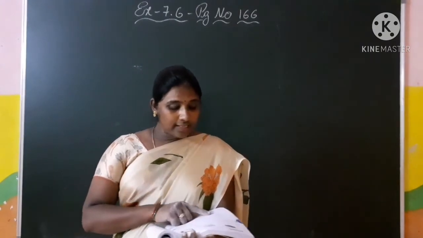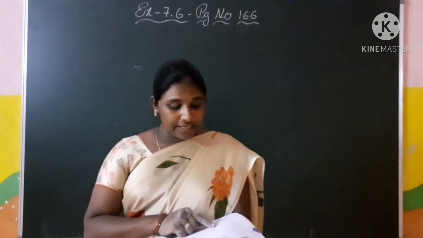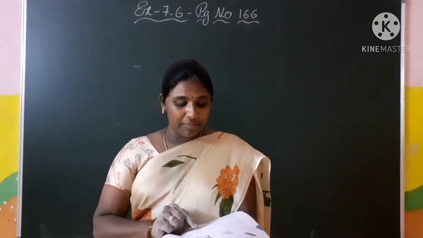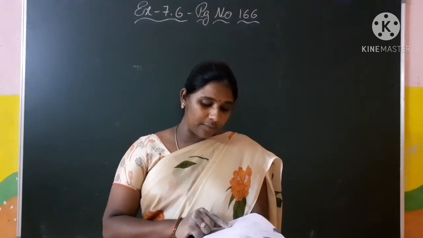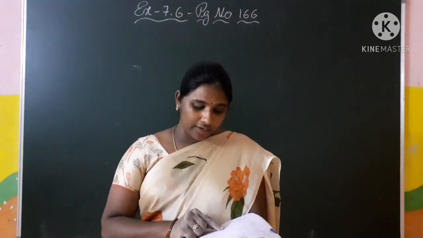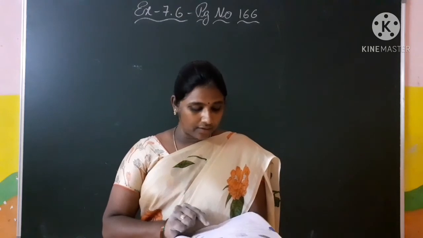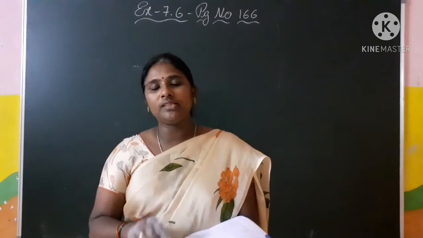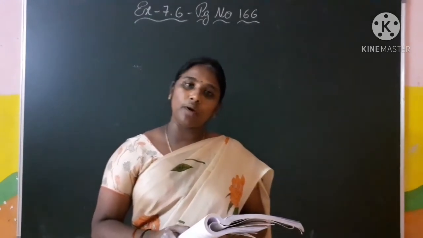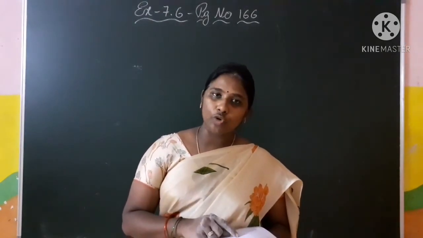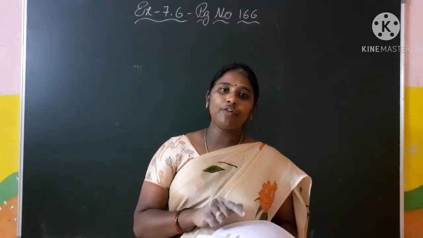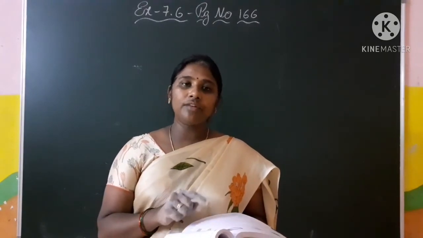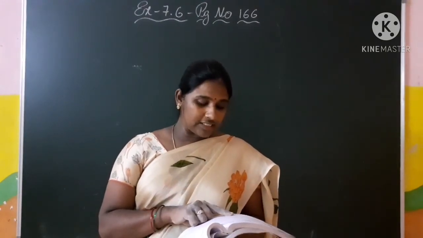Swati's almirah is 80 centimeter long, 40 centimeter wide and 90 centimeter high. Length is 80 centimeter, width is 40 centimeter, height is 90 centimeter. What is the volume of almirah? So length, breadth, height given means the almirah is in the shape of a cuboid. So we have to find the volume of a cuboid. Long for length, wide for breadth, height for height. So length, breadth, height given, find the volume of almirah. Next, sixth question.